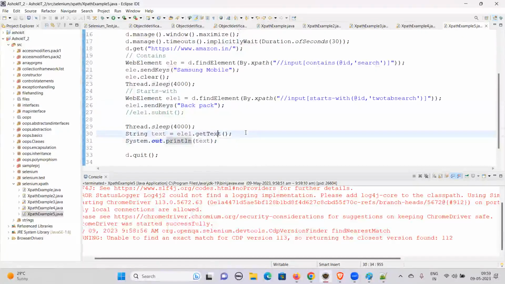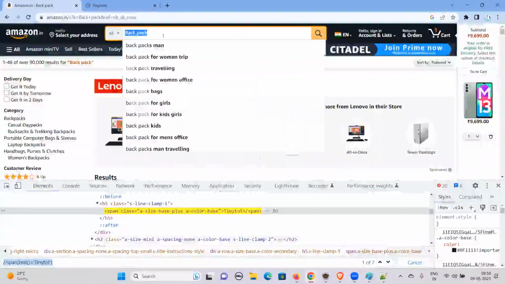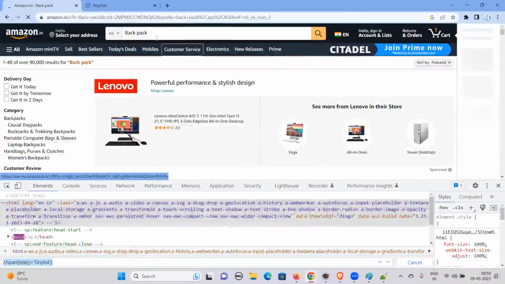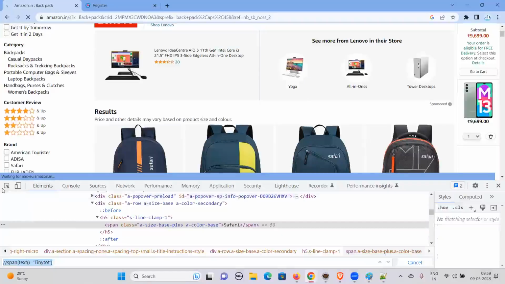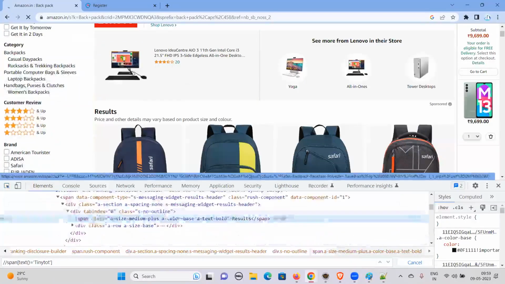Okay, it is not considering that one. So let me take some other element. Okay. So when we are going to get the text of it, first we'll submit it. And after that, we'll try to get the backpack. We should get the backpack details, like whatever results. If you find the results, we can assume that we got some results. Okay. So here I'm going to take